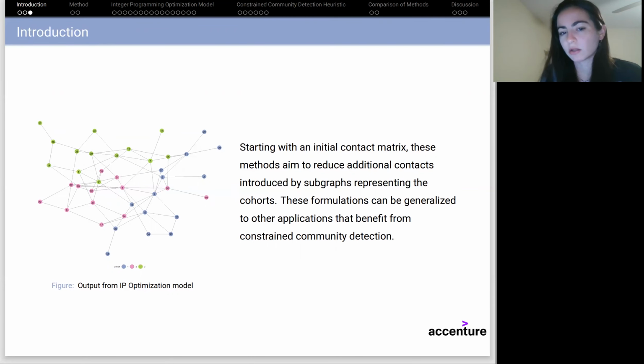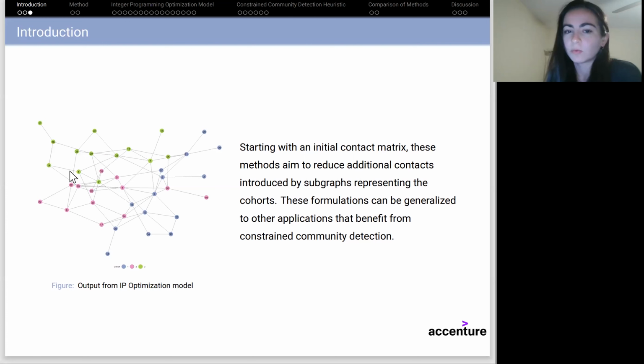So if you look at the graph to the left, and this is after applying the integer program and getting a solution for how to partition the set, that graph is the initial contact matrix. So ideally, in the created cohorts, we don't want to create extra edges that are not in this initial contact